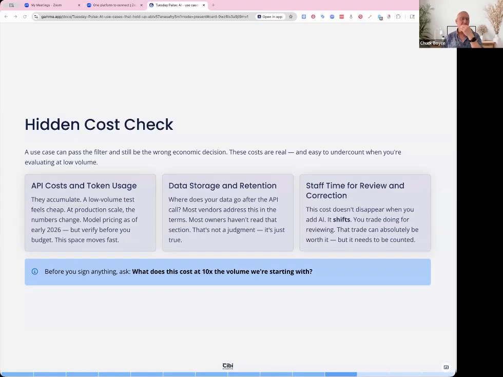And then data storage and retention, there's another one. If you are using an automation, you create a new tool internally, you vibe code something and say this is great, but it uses something like Supabase or Firebase or a Mongo database in the back end. You suddenly now have database costs on top of that. And so where's the data being stored? How long is it being retained? Is there an excess cost for your database?